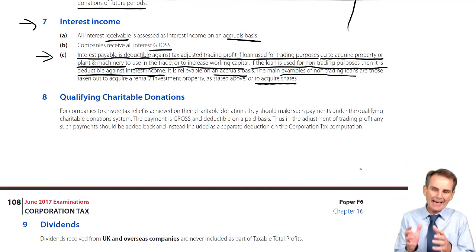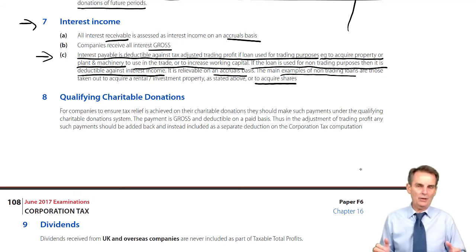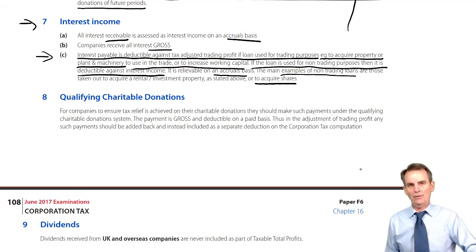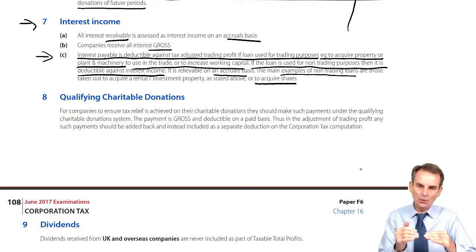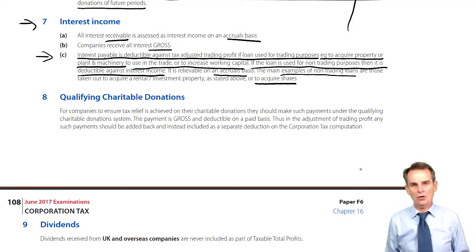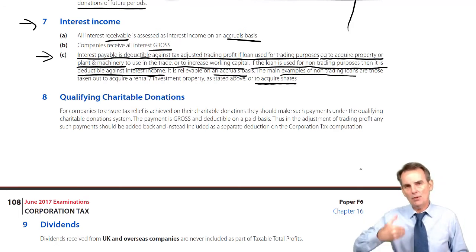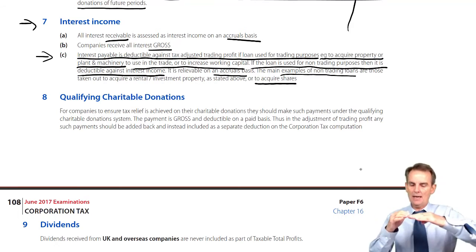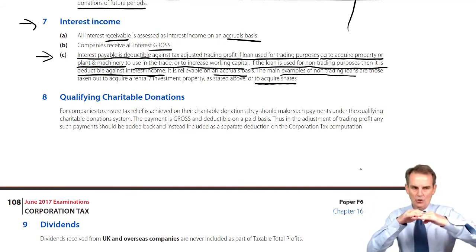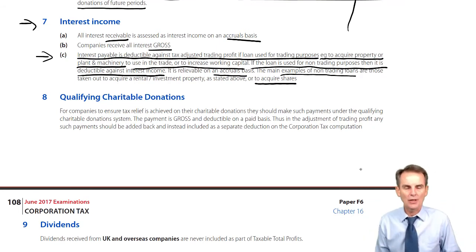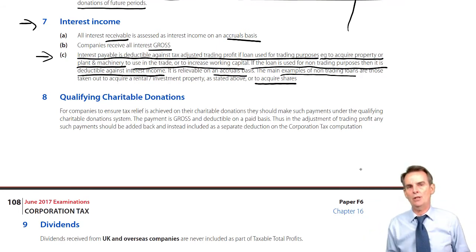Now again, back in your adjustment of trading profit, if the accounting profit that you're starting with has already had those qualifying charitable donations deducted in deriving it, then in the adjustment of trading profit, you'd say the accounting profit is after deducting that donation, add it back,